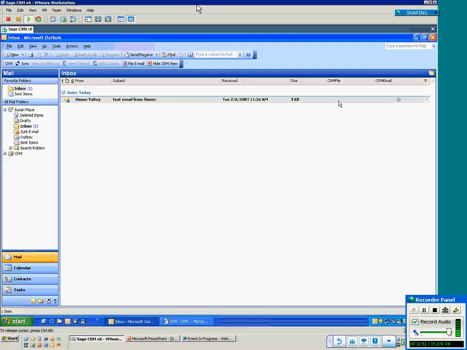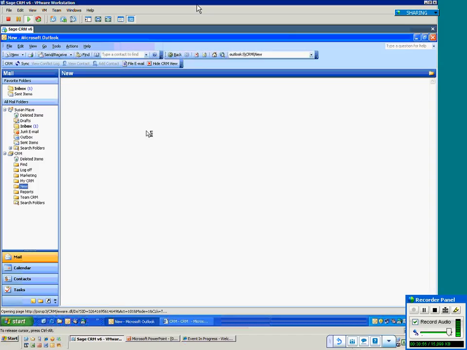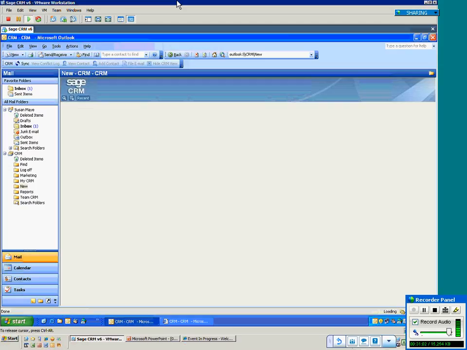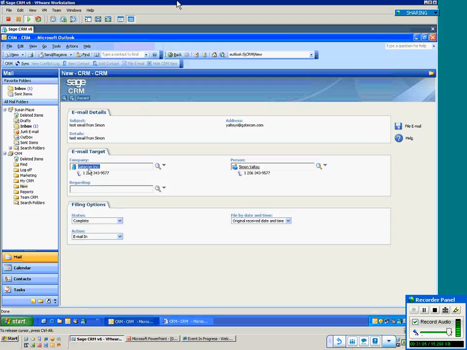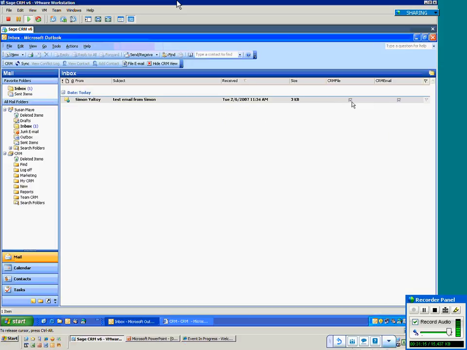Then when I file this email, I want to file the email. It opens up the file email dialog. It says Simon Altoy because it knows it read that off of this email address. I have a couple options here. I can choose default, which works for me. So I did that, and now you see CRM file gets checked. The reason for this is